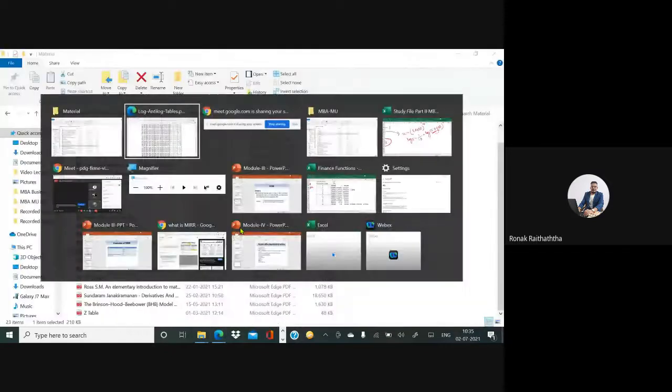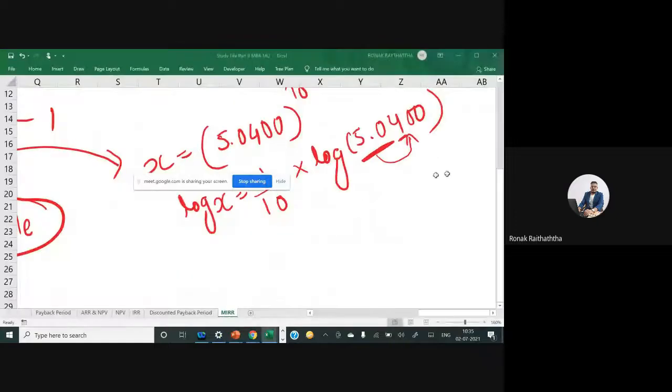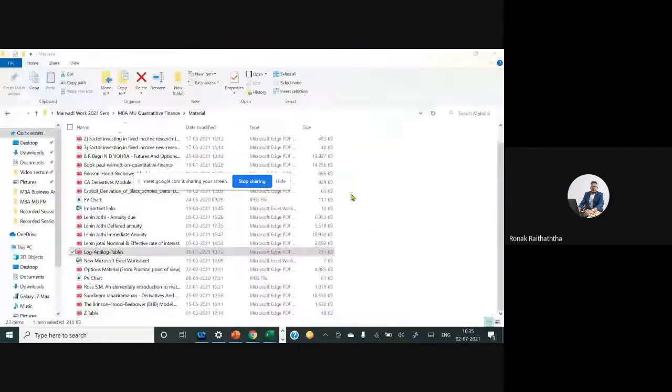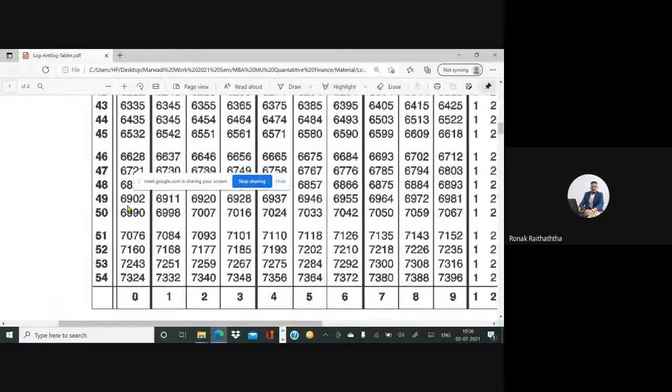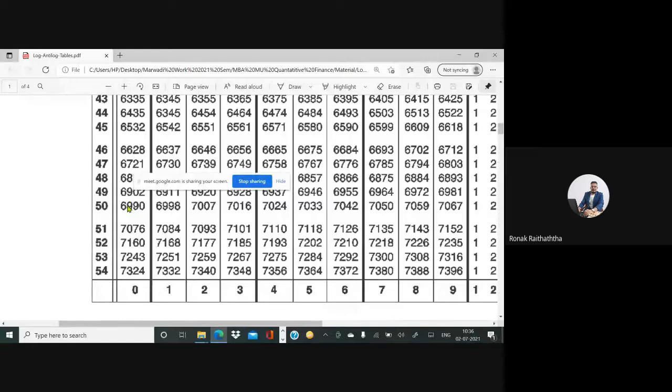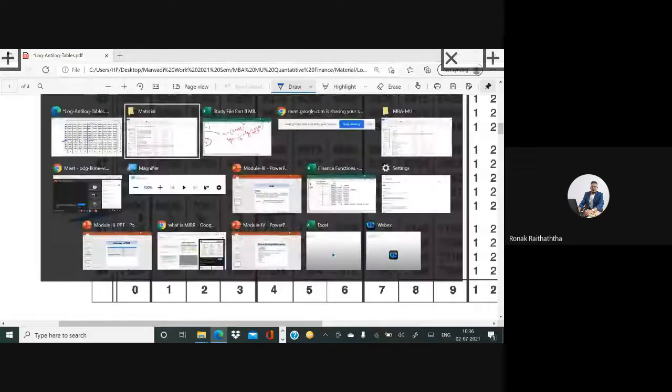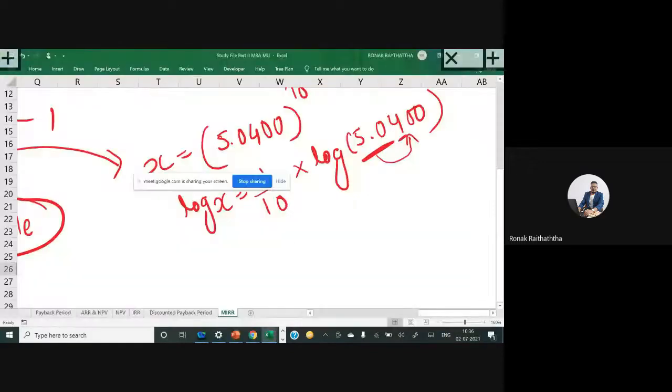Okay, so what do we do in that? 50 and the value of 4, right? Let's go there. 50. So this is the 50. Let me use a color. And the value starts with 0, so 0, 1, 2, 3 and 4. So 7024 will be there. After which there is no digit given to us, it's anyway 0, so mean difference will not be considered. So 7024 will be my answer.